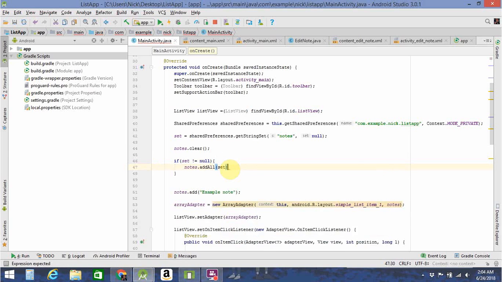So briefly, I'm going to explain what this is doing. If set is not null, it has notes in it already. We want to add everything, all the notes that are stored in this set in shared preferences, to our local notes array list, which is stored in the app and will let us display them all to the user. However, if set is null, we're going to need to initialize some stuff so that the user will be able to add new notes. Else,